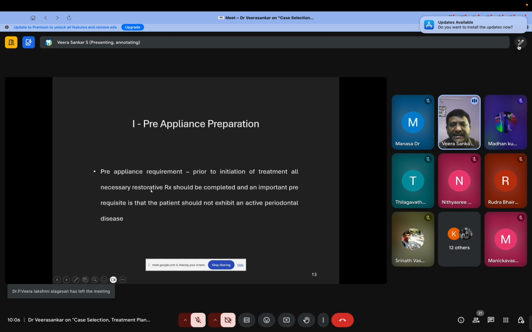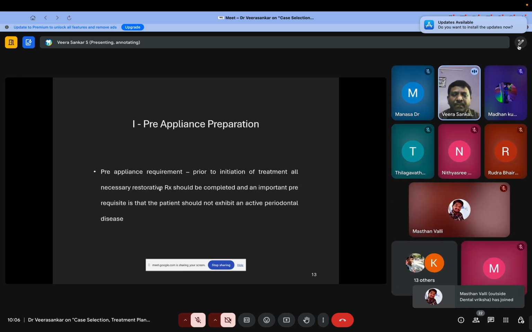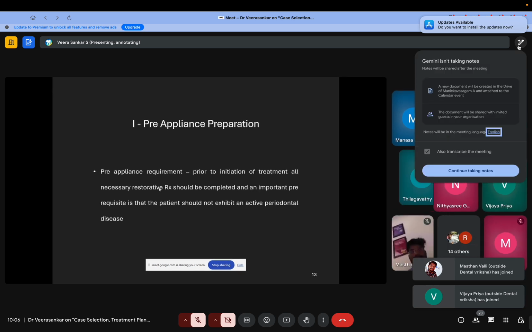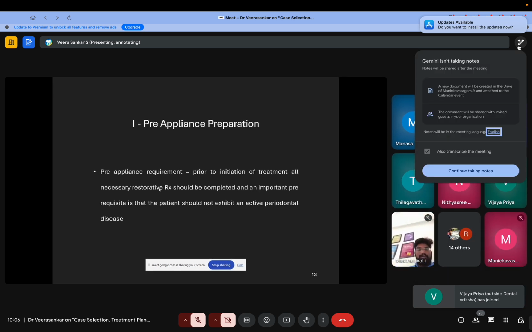So what is the necessary restorative treatment? Before even proceeding with scanning, when a case comes for aligners, we have to complete all the restorative procedures, even if it may be small fillings. Or if you suspect a tooth may go for root canal treatment in future, it is better to complete the root canal treatment now, followed up with a temporary crown so as to proceed